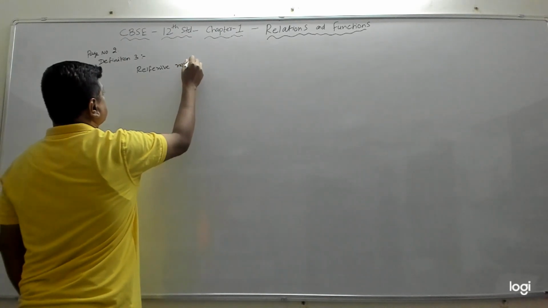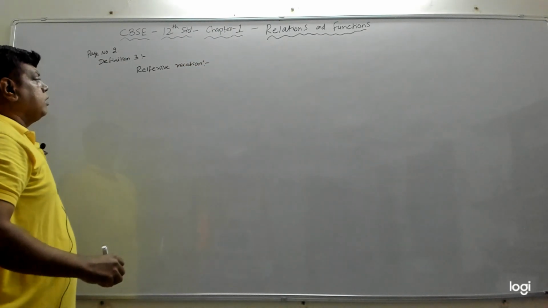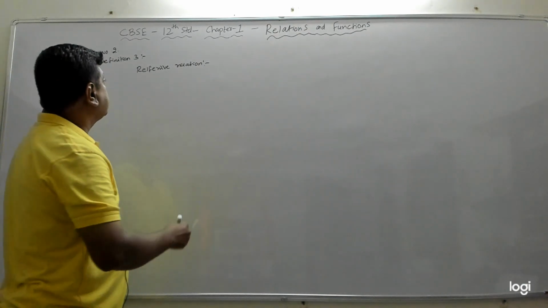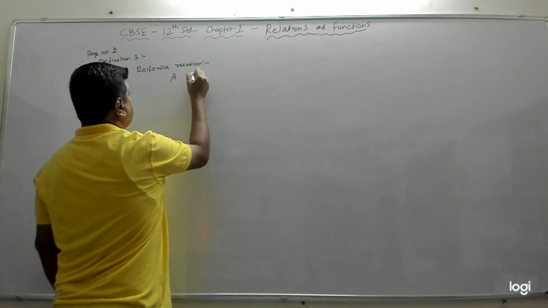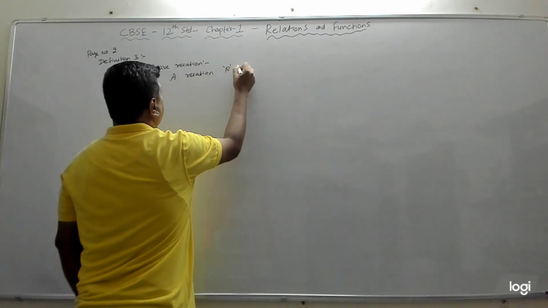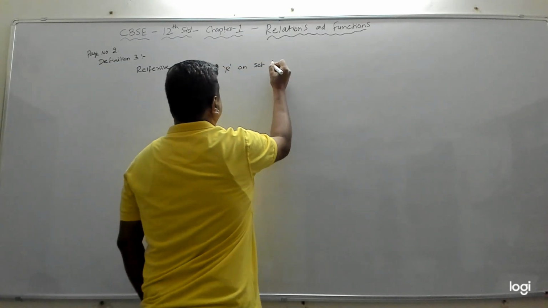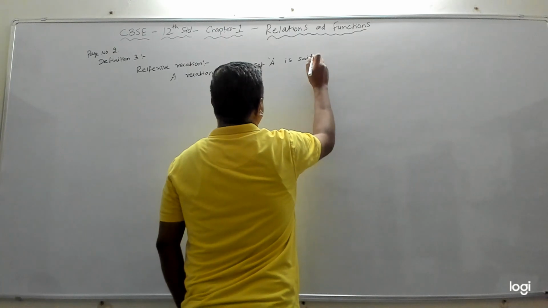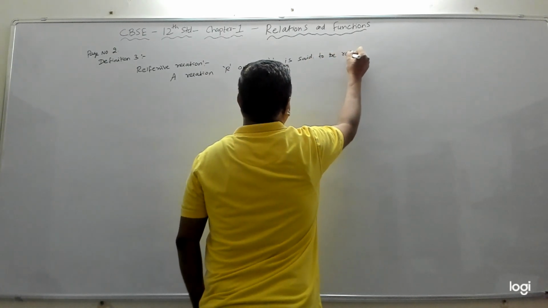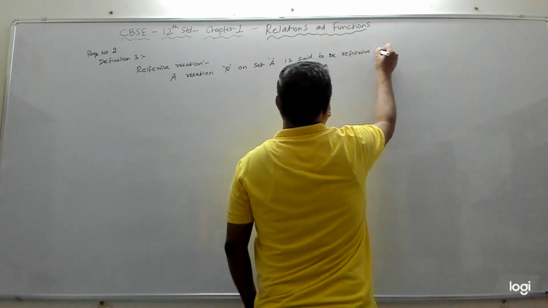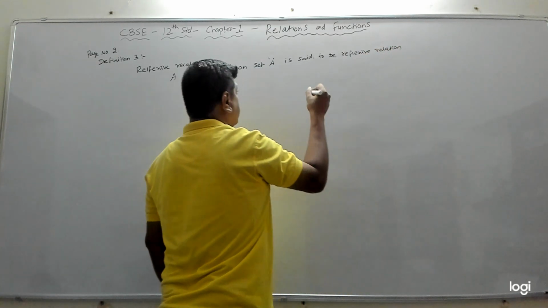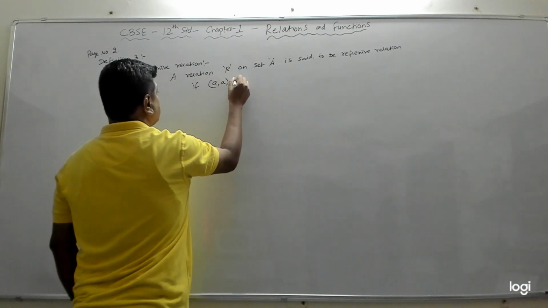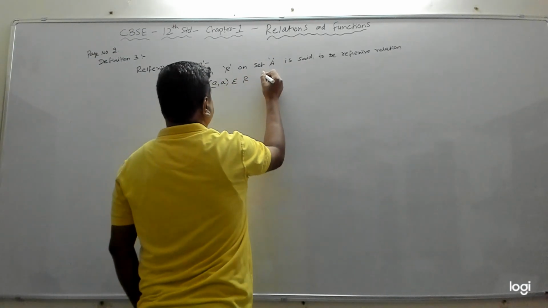A relation R on set A is said to be a reflexive relation if (a, a) belongs to R for every